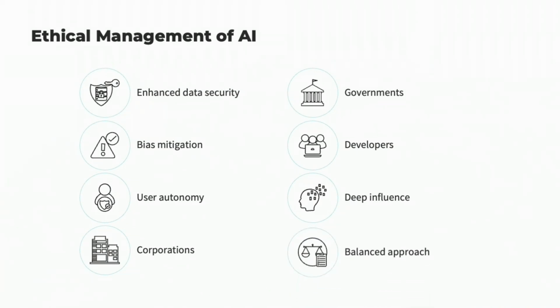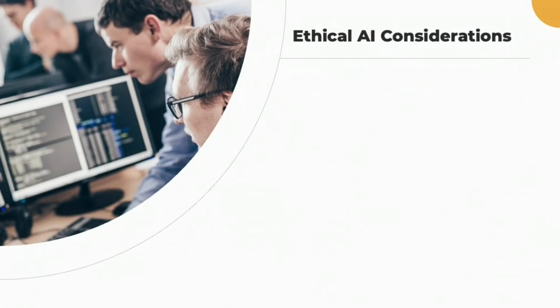A balanced approach focusing on ethical practices, equitable access, and safeguarding democratic values is essential for a fair transition to an AI-integrated future. This unified strategy ensures AI's benefits are maximized while its risks are effectively managed for the better of society. In this video, we'll explore legal and compliance considerations in ethical AI model development.